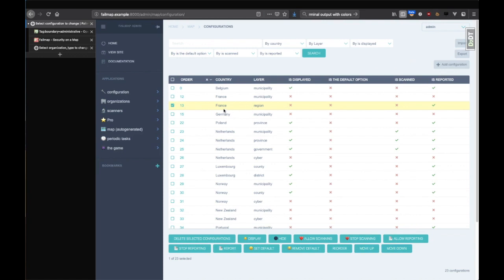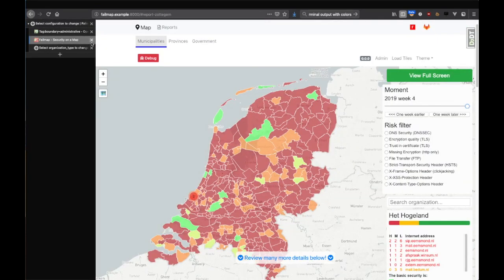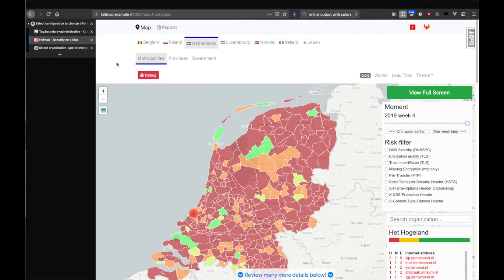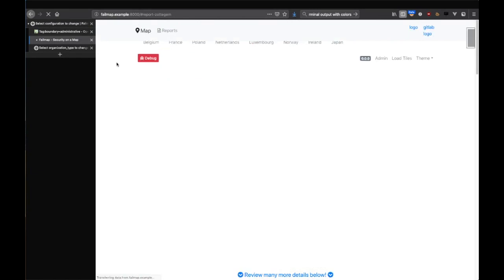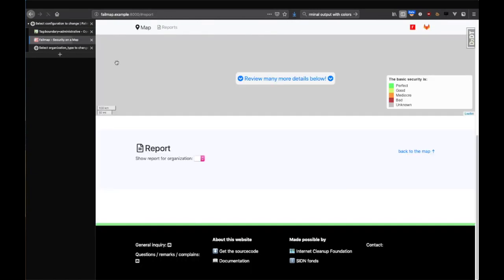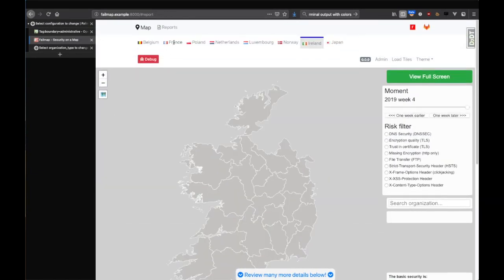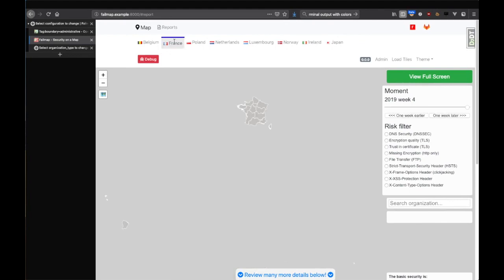So we currently want to display the set of regions on the map. So we click display, and the only thing that we have to do now is go to the example website and then reload the page, and here we go. France has been added, and let's click France. So this is France. It has some